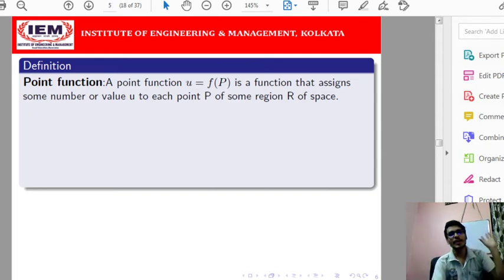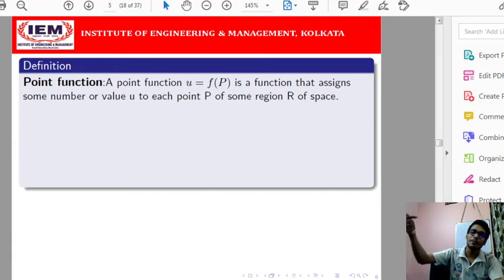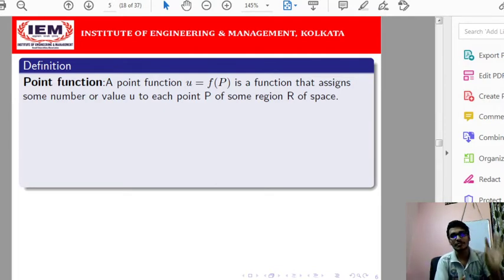If we define some function through which we assign some values, the values may be scalar or vector, to each of the points in that plane, or in some region, domain or subset of that plane, then this is called a point function. Through a function we get some output value. So if we take different points in that plane and assign values corresponding to those points, these are the functional values. Since we are assigning values at particular points in that domain or the overall plane, it is called a point function.